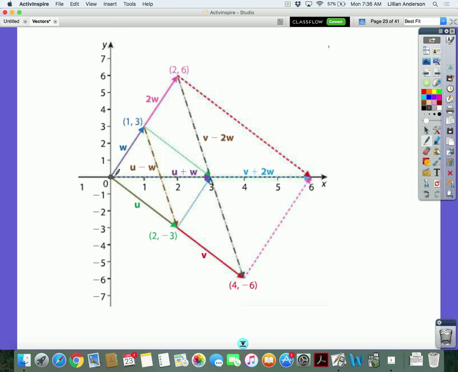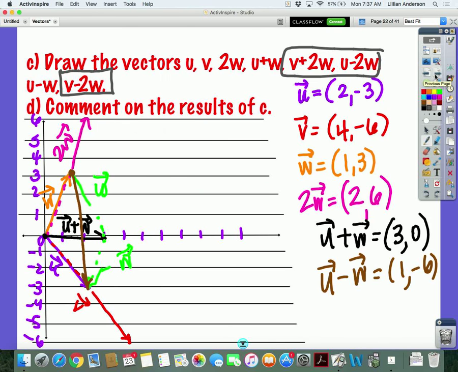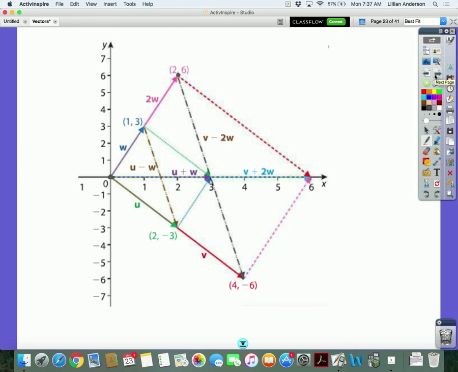You also had to draw b minus 2w using that same type of parallelogram, going from the initial point of vector b to the terminal point of negative 2w. That's what you see in the black dotted. And then the last one you had to draw was, I forgot this that quick, u minus 2w. So here's u, 2w, and then